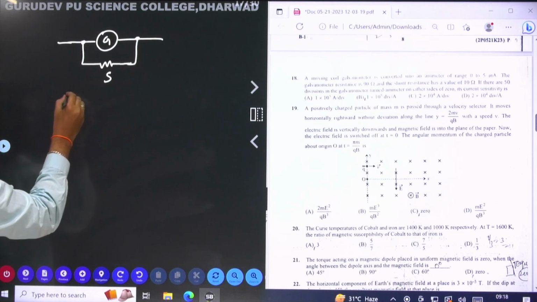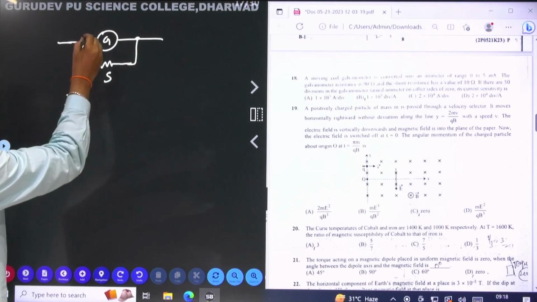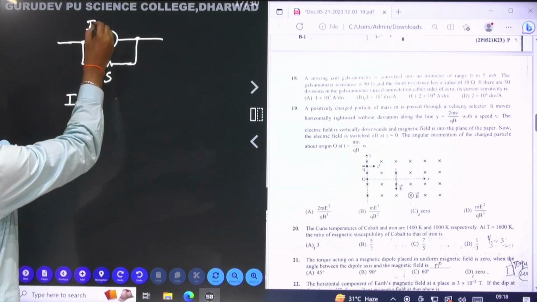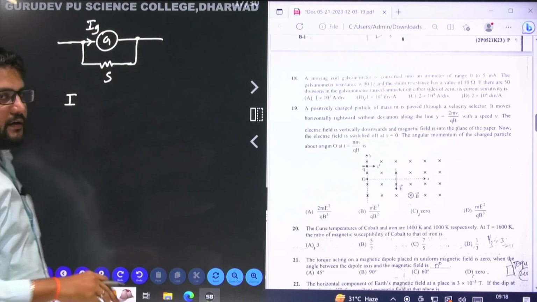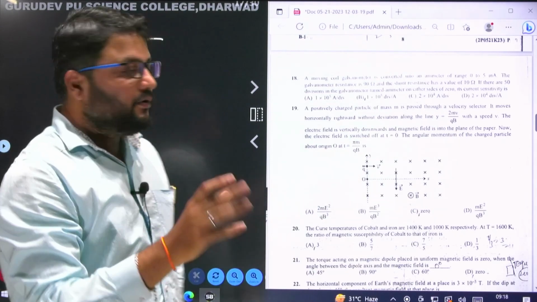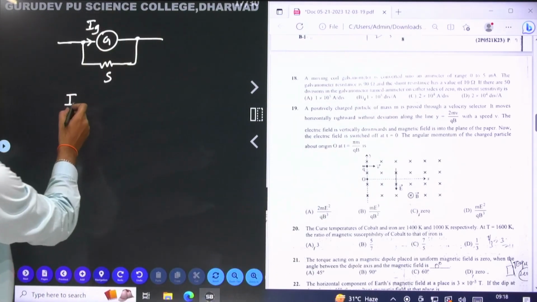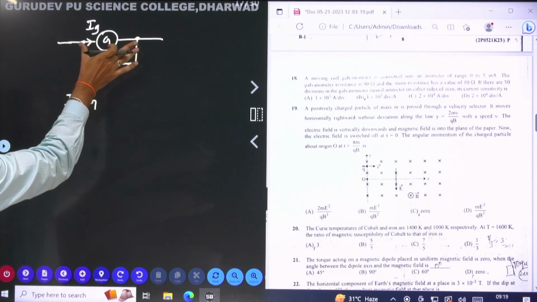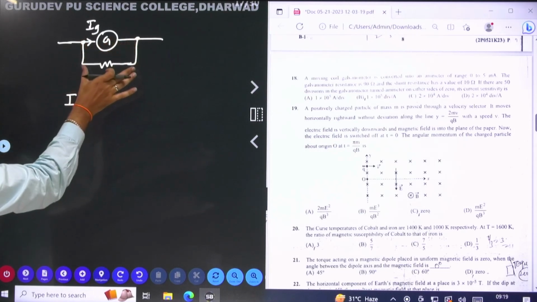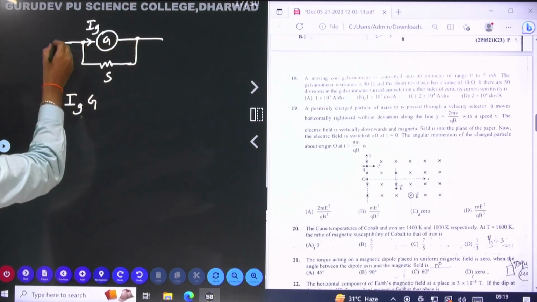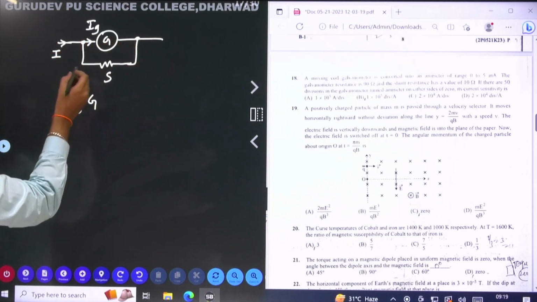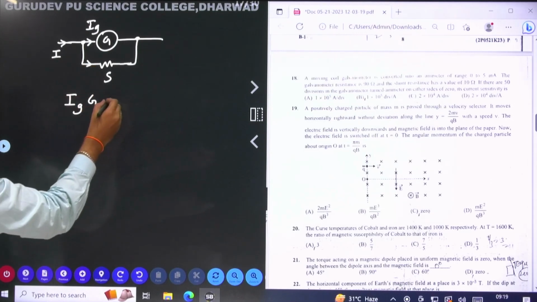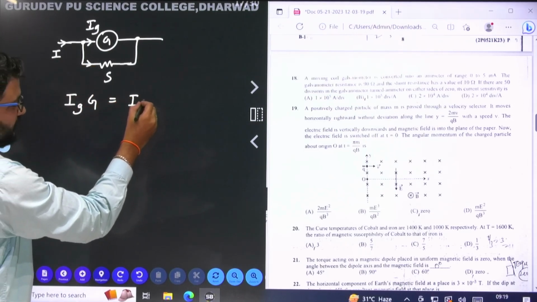Ig is the current required to give full scale deflection in the galvanometer. Ig into G gives the potential difference across G, and the same potential difference should be across S also. If current I enters here, the remaining current that enters here would be I minus Ig